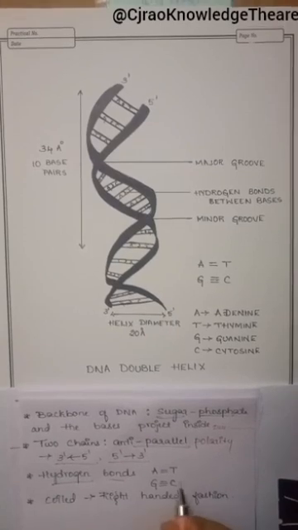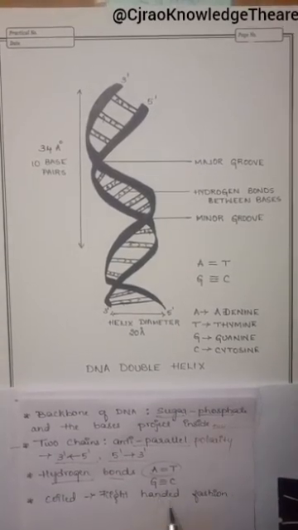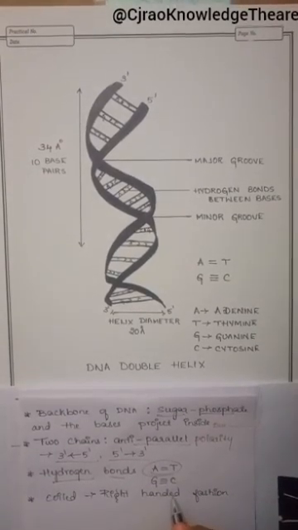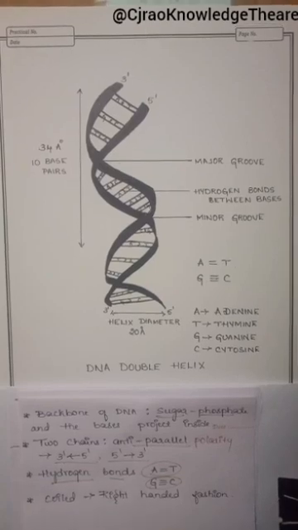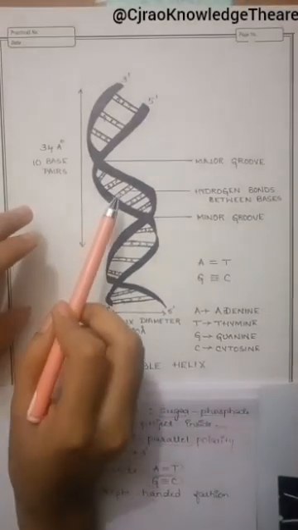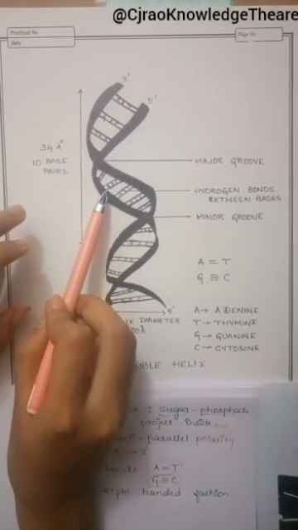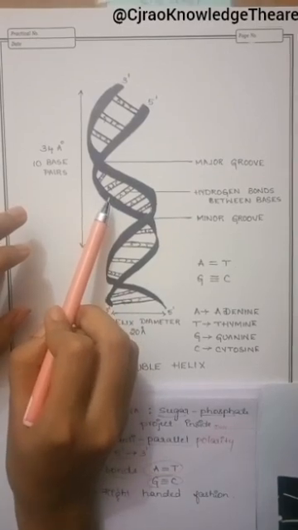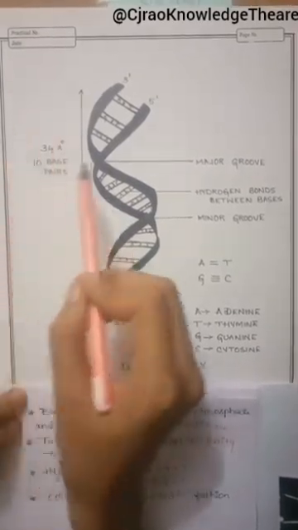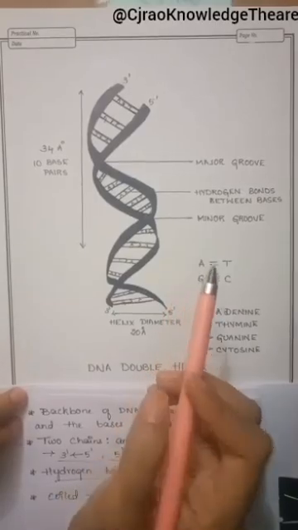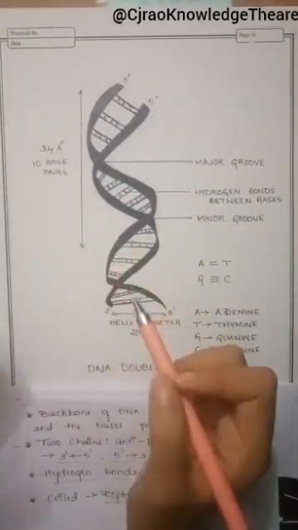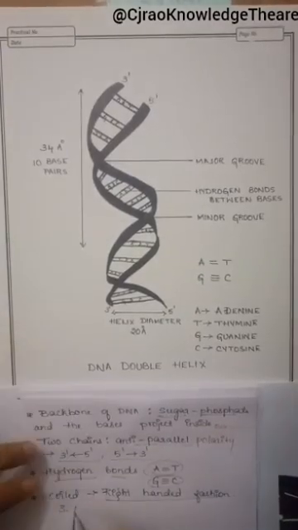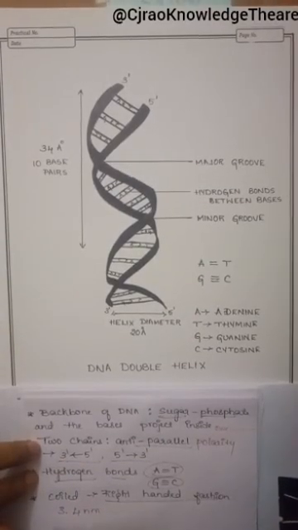Adenine forms two hydrogen bonds with thymine and guanine forms three hydrogen bonds with cytosine. There is always a uniform distance between the two strands of the helix. The two chains are coiled in a right-handed fashion. The pitch of the helix, here you can see, is about 3.4 nanometer. Nanometer is nothing but 1 billionth